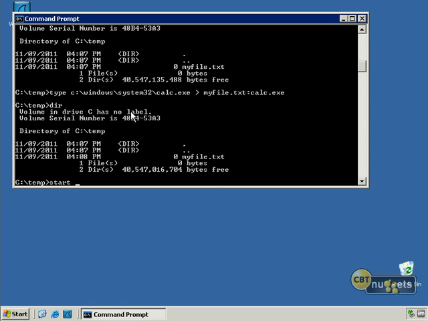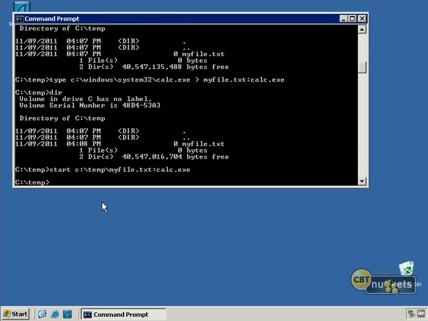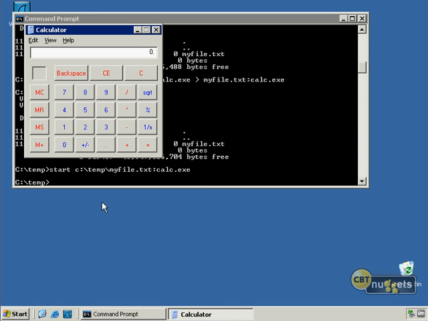And then you have to type in the full path. Notice that I'm in the temp directory, but there's a weird thing about this. You actually have to type the path even if you're in there. I don't really know why, but you do. So it's going to be /temp/, and then the name of the file, which is myfile.txt, and then colon, and then calc.exe. Okay, so I think I typed that all right. Okay, then I'll press enter, and voila, there's my rootkit.